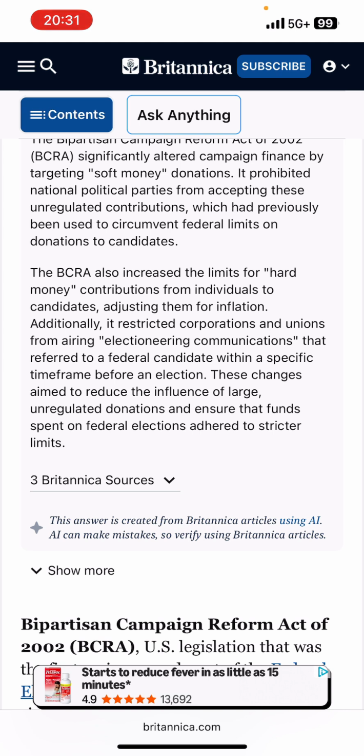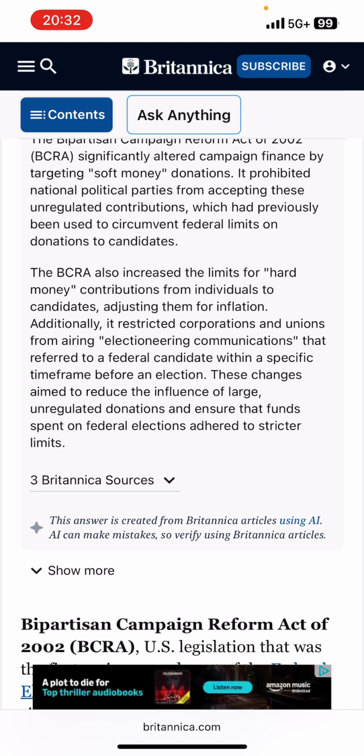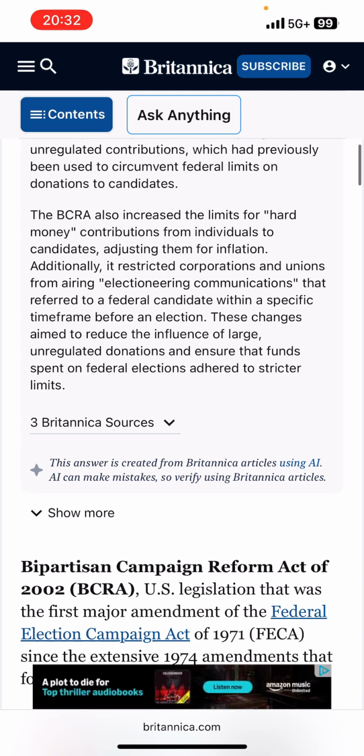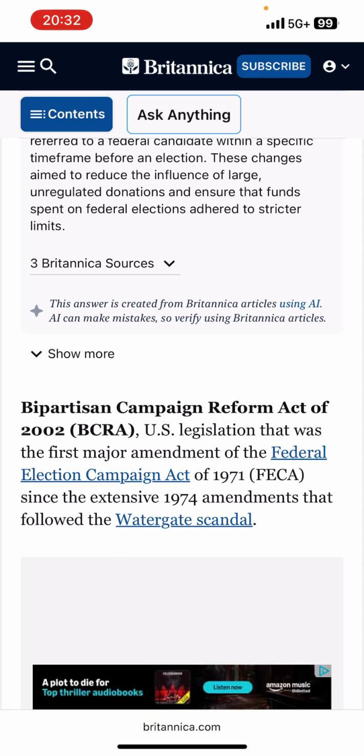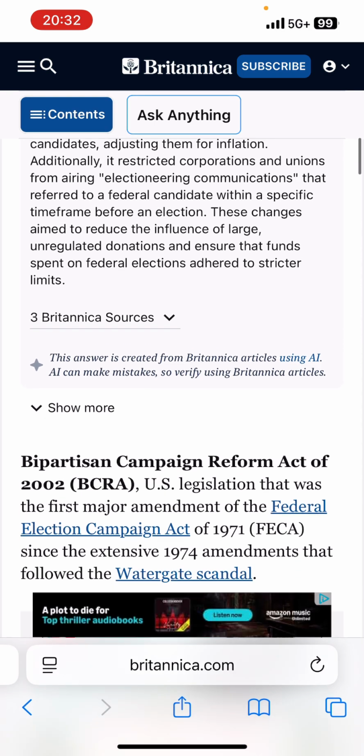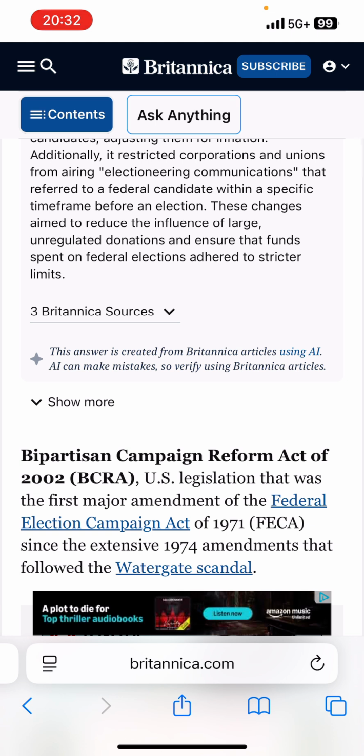Additionally, it restricted corporations and unions from airing electioneering communications that refer to a federal candidate within a specific time frame before the election, 120 days, I do believe. These changes aim to reduce the influence of large, unregulated donations and ensure that funds spent on federal elections adhere to stricter limits. The Bipartisan Campaign Reform Act of 2002 legislation was the first major amendment of the FECA of